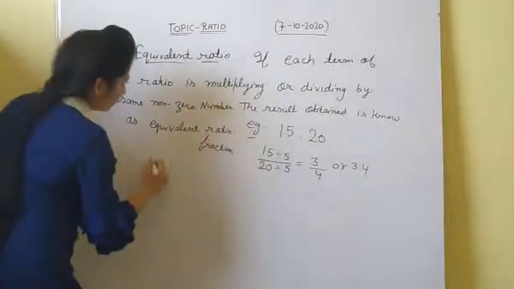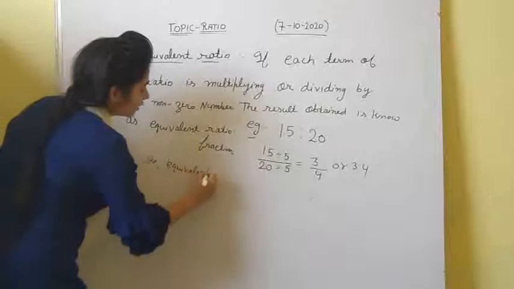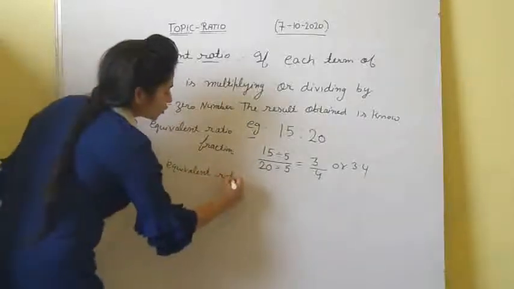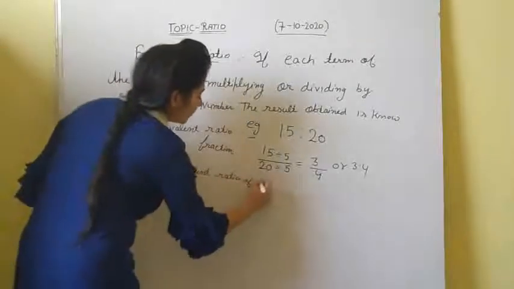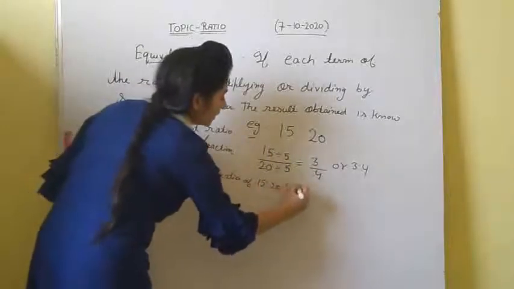So the equivalent ratio of 15:20 will be